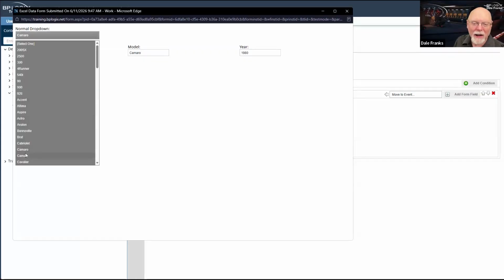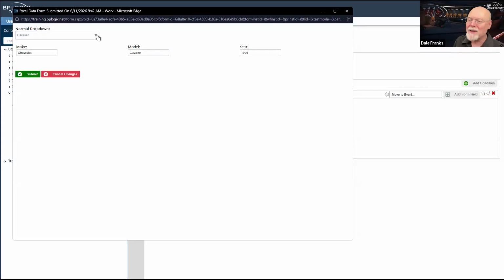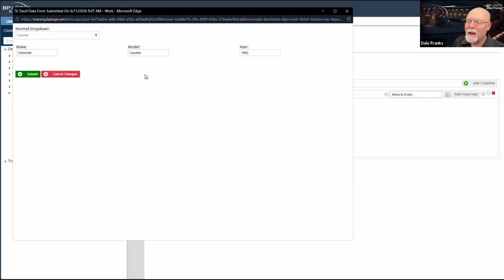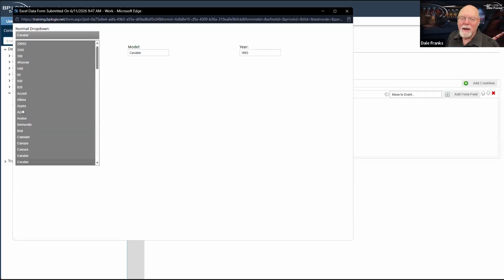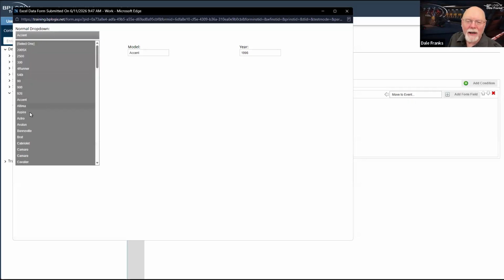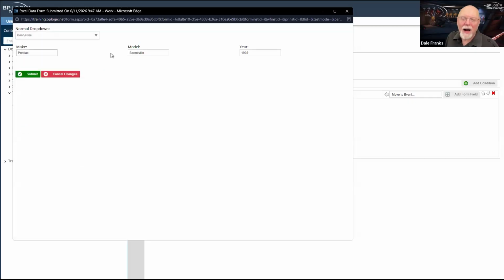And similarly, I have two Cavaliers, a Chevy Cavalier from 96 and a Chevy Cavalier from 93. So this is maybe not the greatest way of doing this, but it is a way of doing this. I probably should have added in the model year to discriminate between those, but that's okay.